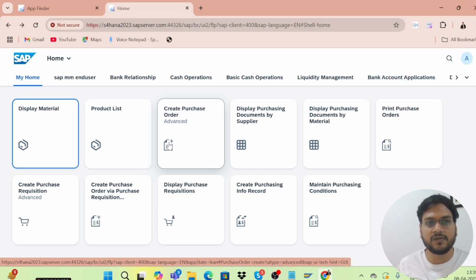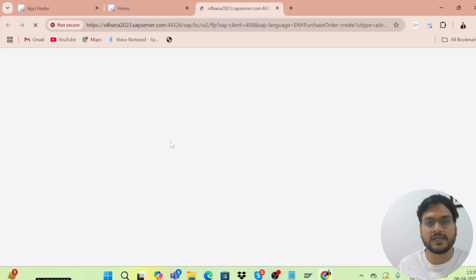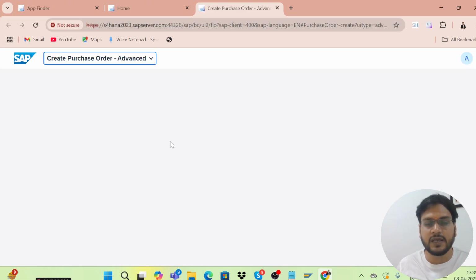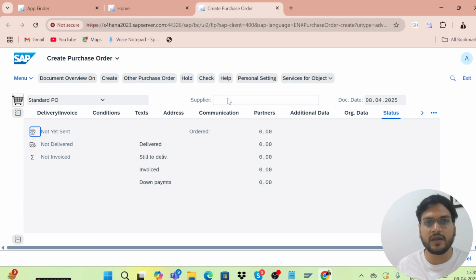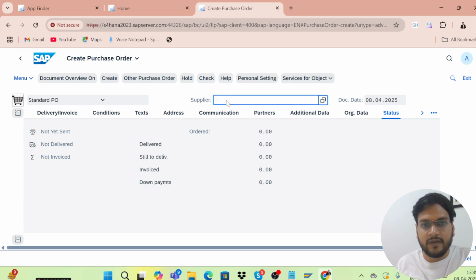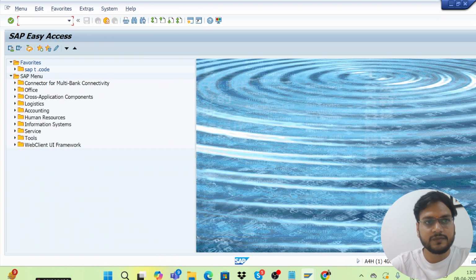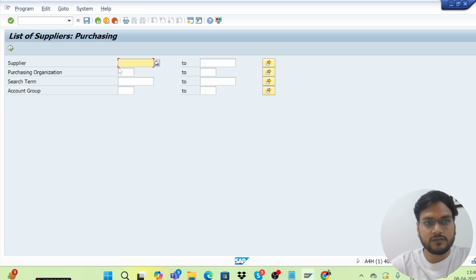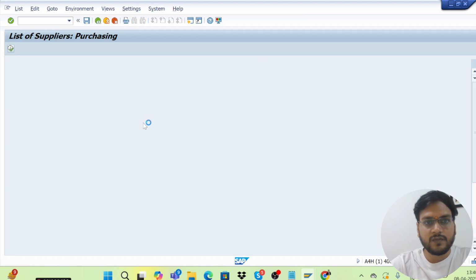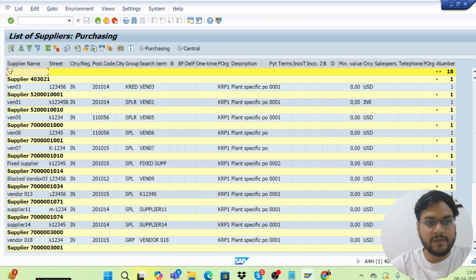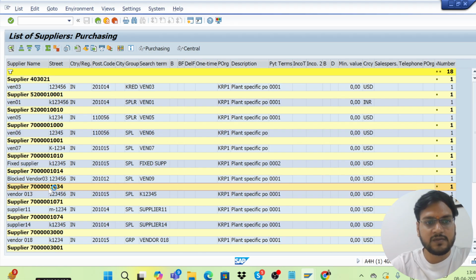So let's suppose I just want to create a PO. I will go to this tile as an end user, and I will simply create a PO from here. How am I going to do that? Simply I will give my supplier number. So let me check my supplier number that I have created. Any supplier I want to mention, I will just mention.